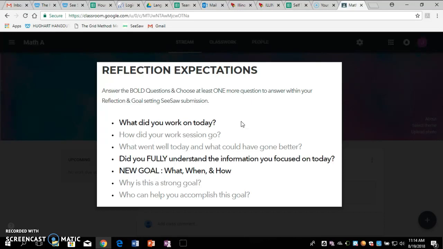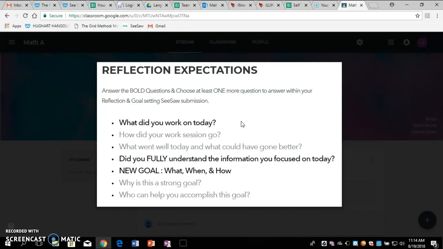Now, if you don't quite finish, you can always finish a little bit later, but we want to keep these reflections quick and efficient. So we will always have those 5 minutes at the end to do that. Make sure your answers are clear and specific, and that you're setting goals that are attainable within about a day, maybe the end of the week, so that way you're keeping those goals short-term and fresh.